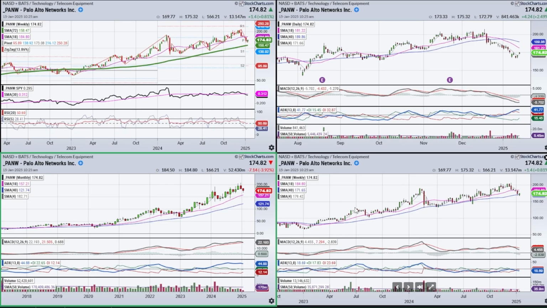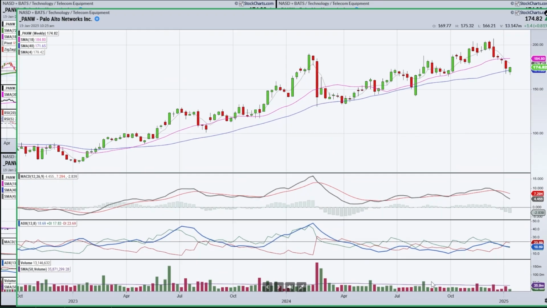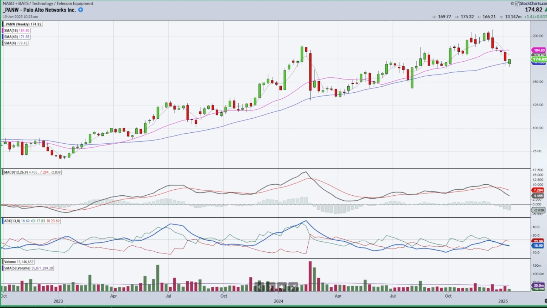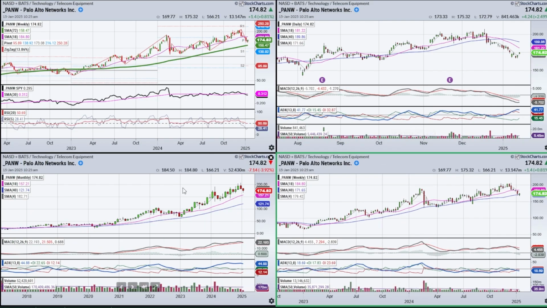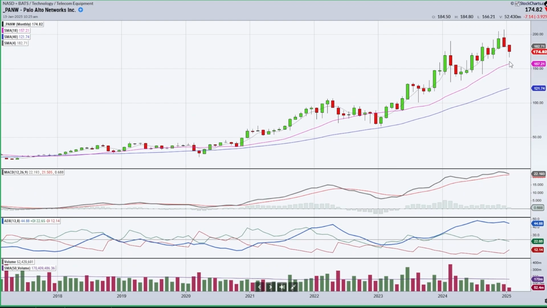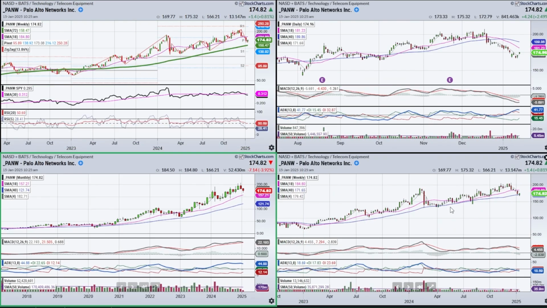Okay, look at the Palo Alto. So Palo Alto just recently broke its 18-week line, and it kind of re-entered this breakout level here. So I'm of the opinion that this is going through a little bit of a consolidation correction pattern. I'm not all that concerned because we're still above a rising 18-month line. We've still got good momentum conditions in place,